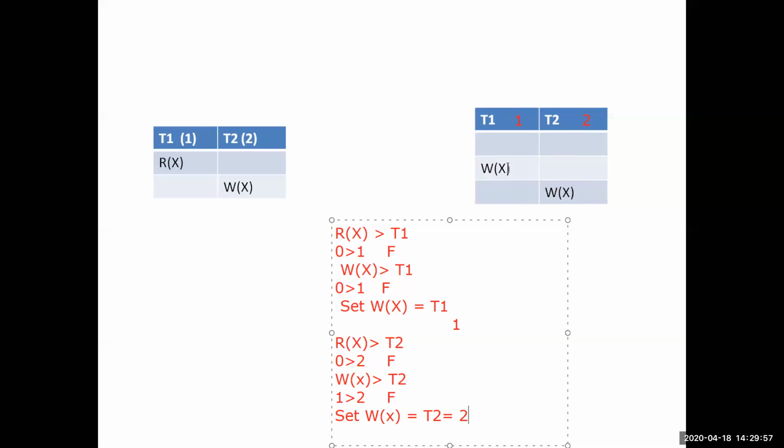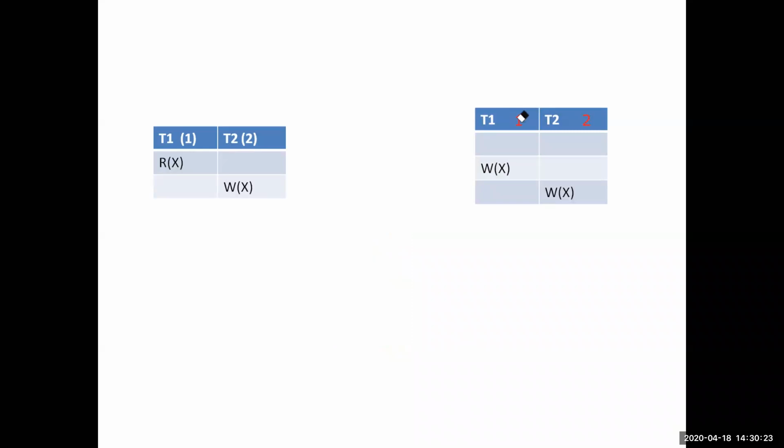Write and write is a conflicting pair. But as this transaction has entered first, and this write is under this transaction, it will get executed first, and that is what is happening. That's the reason T1 and T2 is a successful transaction. So the first case and second case are successful transaction cases.